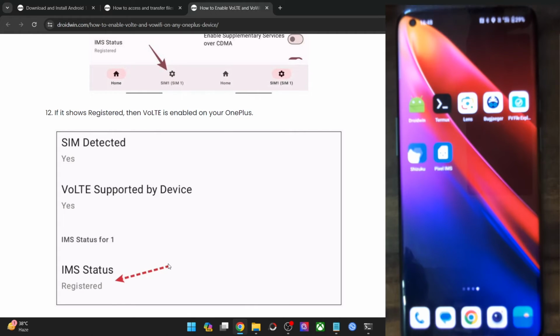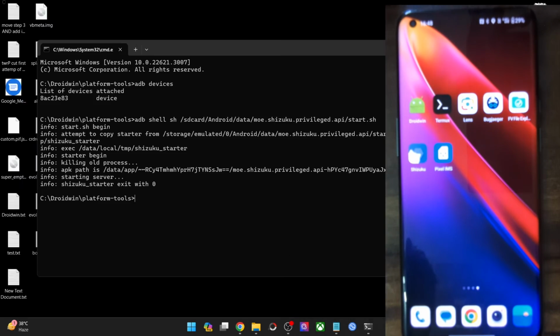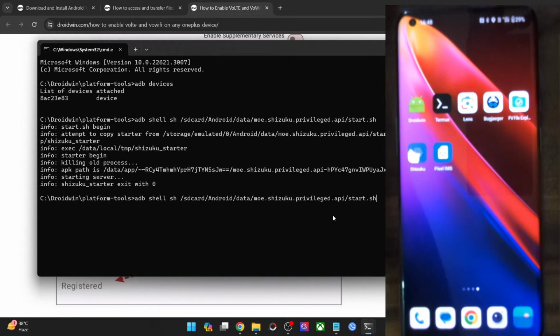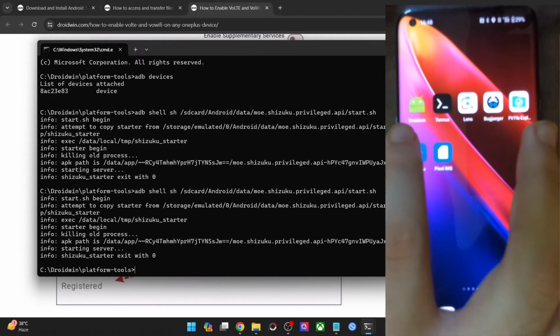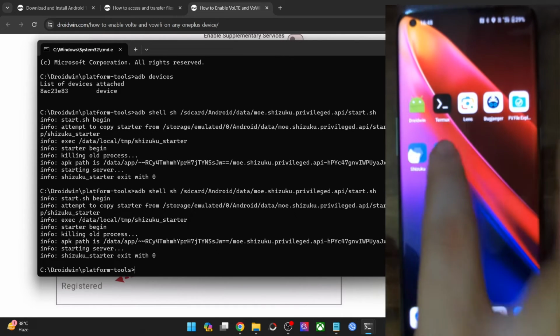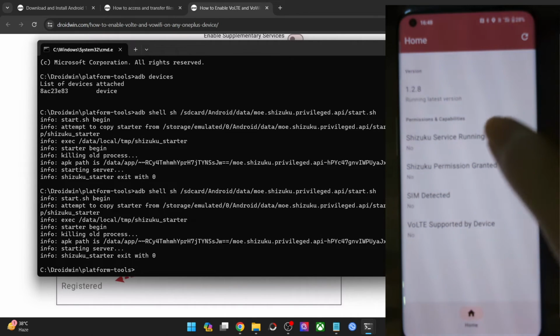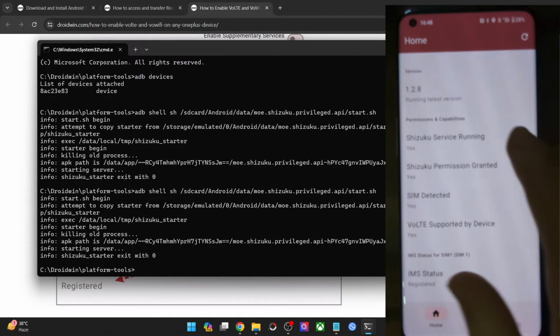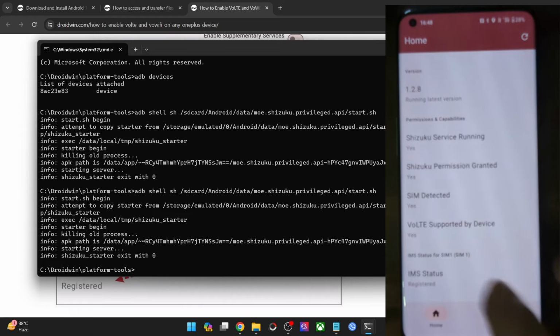And so now what you have to do is once again launch the CMD window and simply type in this command once more to relaunch the Shizuku app. Once Shizuku is now running once again, now launch the app Pixel IMS, and if it's showing as no, not an issue, just hit the refresh icon, and as you could see, it's now showing us yes next to all the options, and the IMS status is now registered, and you will now be able to use the voice over LTE and voice over Wi-Fi.